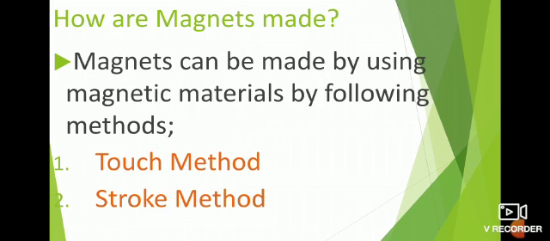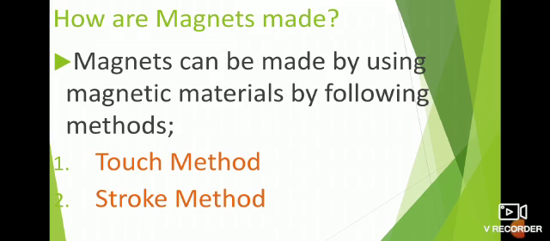Now today we will learn how magnets can be made. As we have learned, magnets can be found in the ground, and these are called natural magnets. Magnets can also be made using magnetic materials, as magnets transfer their magnetism to the magnetic material. So we can make temporary magnets using natural magnets. Here are some ways in which we can make magnetic materials into magnets.